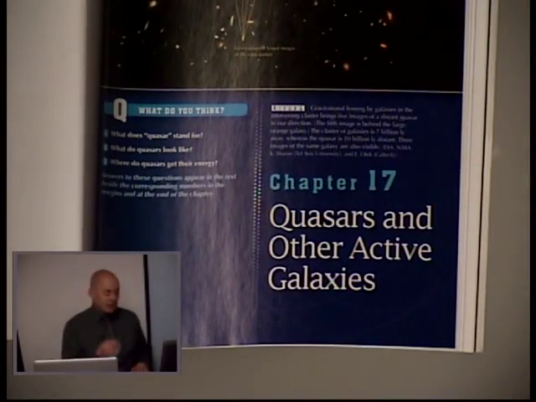Now at this point we are in the home stretch. We are almost done with this course, and perhaps the best news that I can give you in this video is that Chapter 17, I believe, is actually the shortest chapter in the whole book. So that's great news. It's only about 10 pages long, and so this video is going to be very brief to introduce the concept of quasars and active galaxies. Really, there's not a lot in here, so when you go through this, it should be a very brief chapter, which is good because we're almost certainly at the end of the term, and we need to be wrapping this thing up pretty quickly.